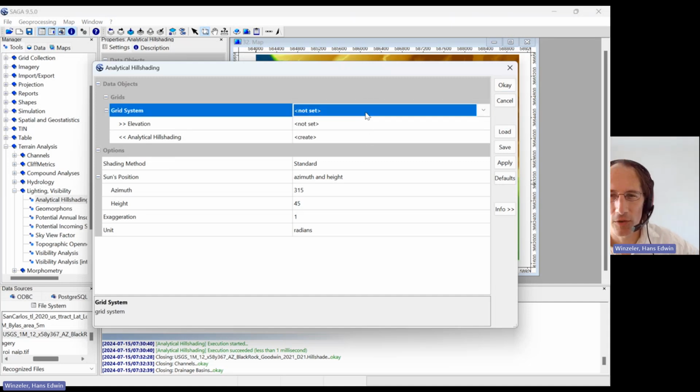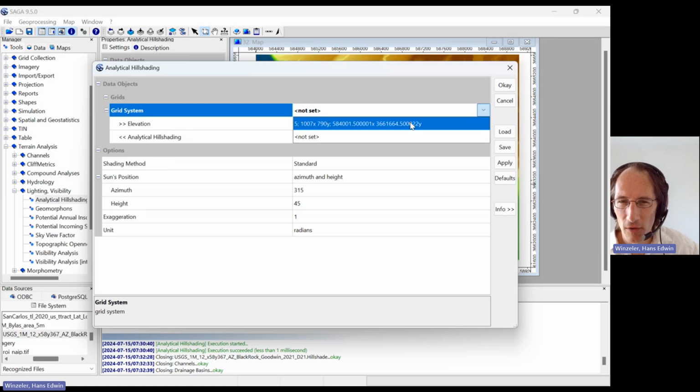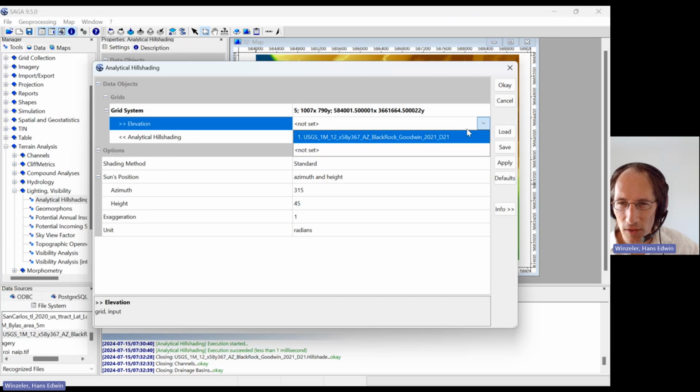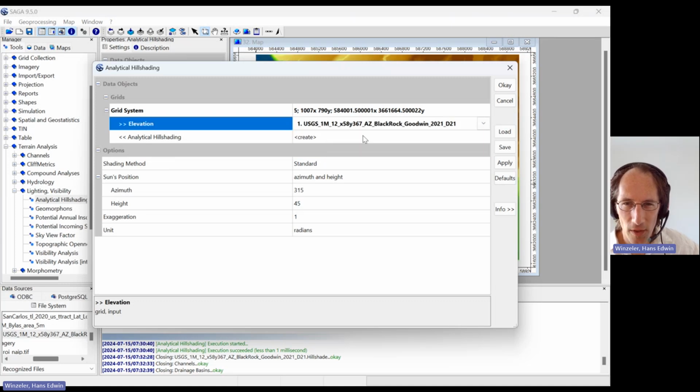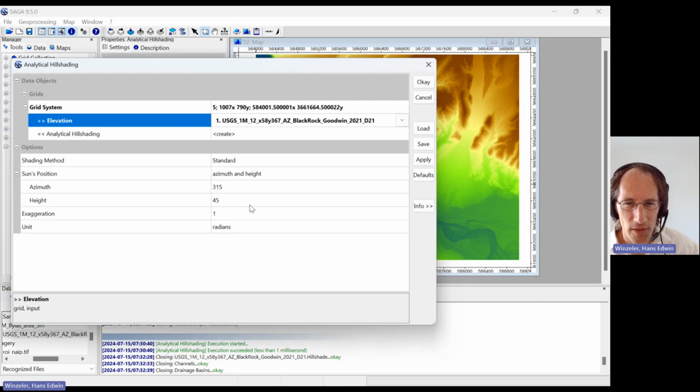So we're going to, on the drop-down menu, we're going to select the 5-meter data set. And for elevation, we're going to choose the USGS elevation that we have. And we're going to accept the default